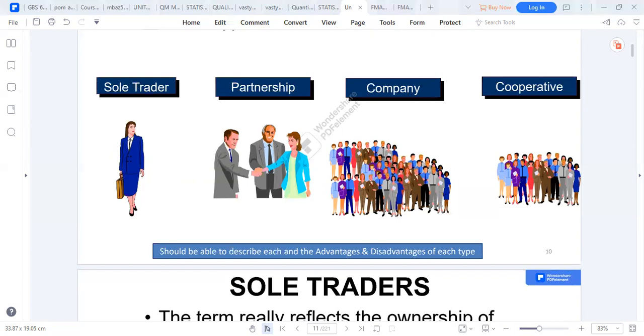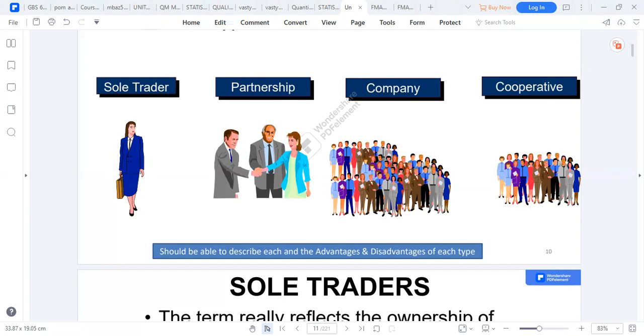Irene, you can start. Okay, a sole trader is a solely owned business. This is a business that is started by an individual. The challenge with such a business is that usually expansion becomes a challenge because they may have limited resources to expand the business and also to finance the business itself. Mainly because of these challenges, this individual may decide to bring in some other people in the business. Then we graduate it from sole proprietor to partnership.